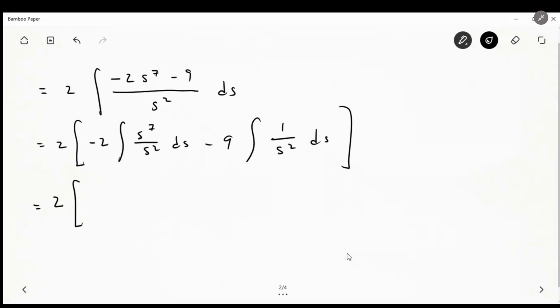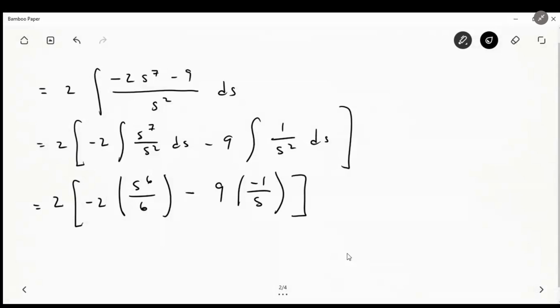Now, you can take the integral here, which is going to leave us with s to the 6th over 6. And the integral over here is going to leave us with minus 1 over s, I believe. Yep. We could do a little simplifying here: minus s to the 6th over 3 plus 9 over s. And if you remember from the first part, we said that s equals radical u,